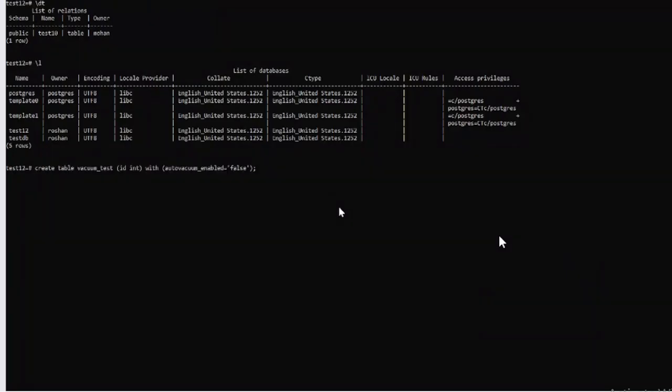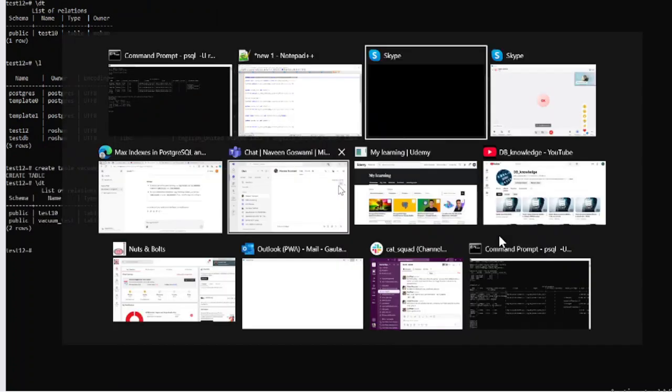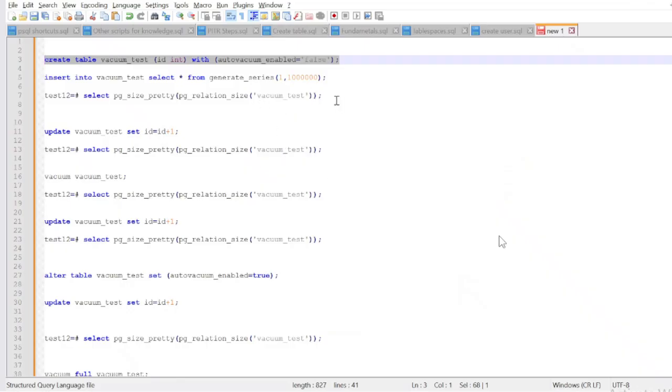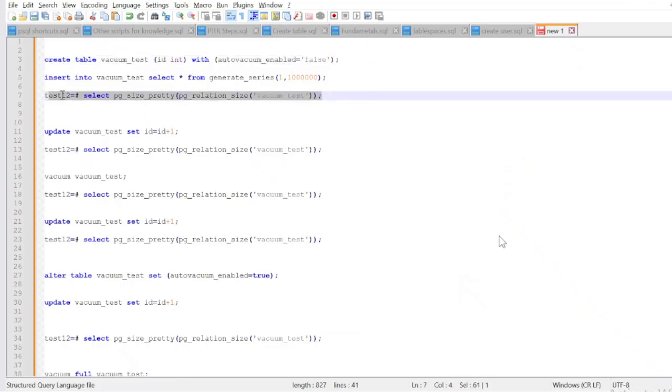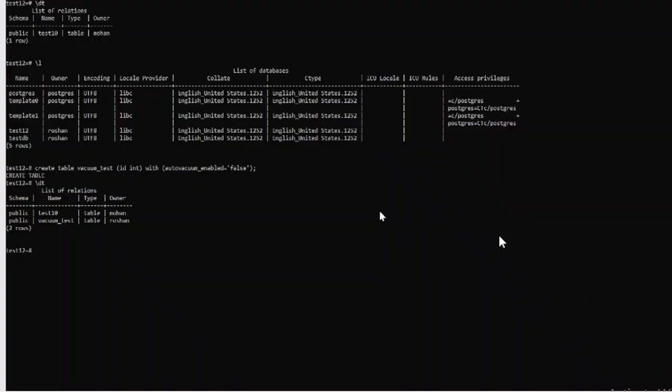Okay, so let's create the table. Now see if we have that table. Yes, we have that. Okay, now let's see the size of this table first. That should be of zero size, nothing in it. Okay, so let's